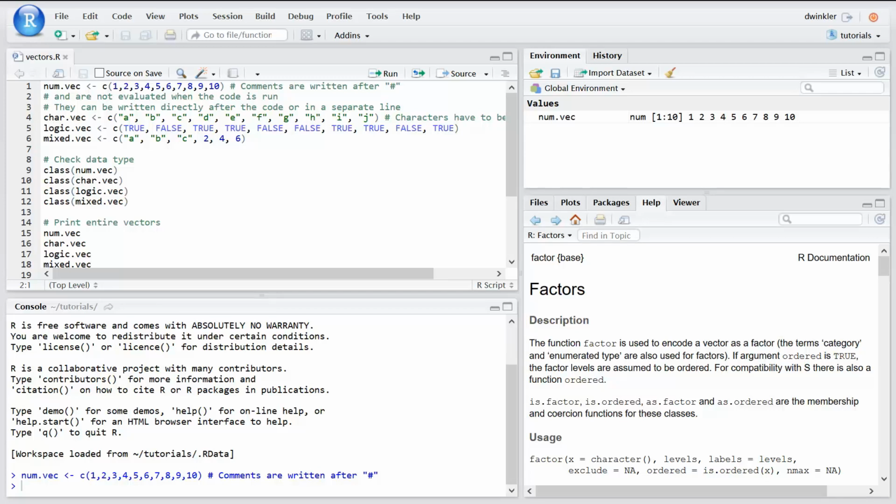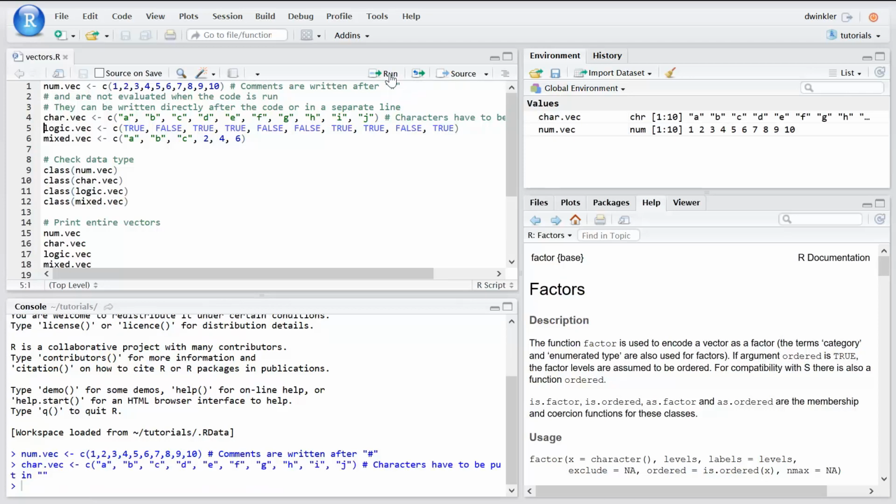As you can see, I have written a comment at the end of this line using the pound sign. Everything that is written after the pound sign is not evaluated by R. We can have those kind of comments in line with another command, or we can also have them in separate lines. It doesn't matter. They're never evaluated. If I try to run this line of code, it will just skip those and run the next possible line